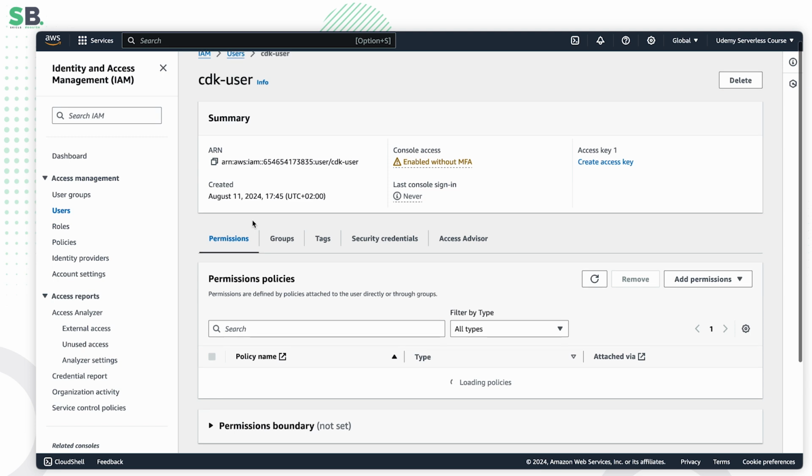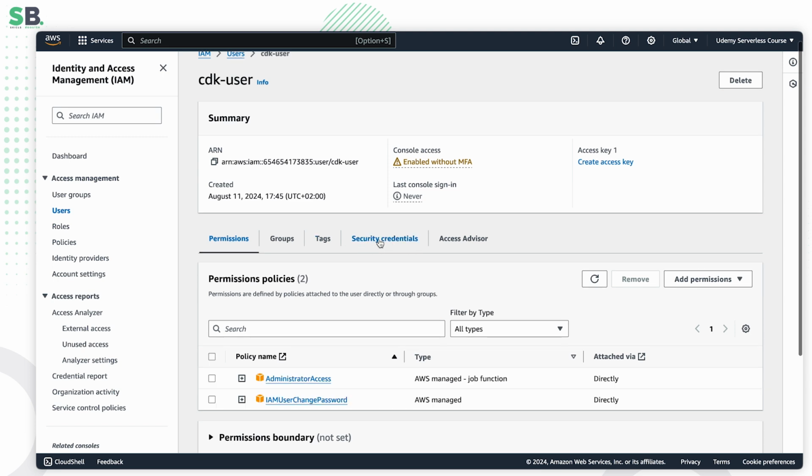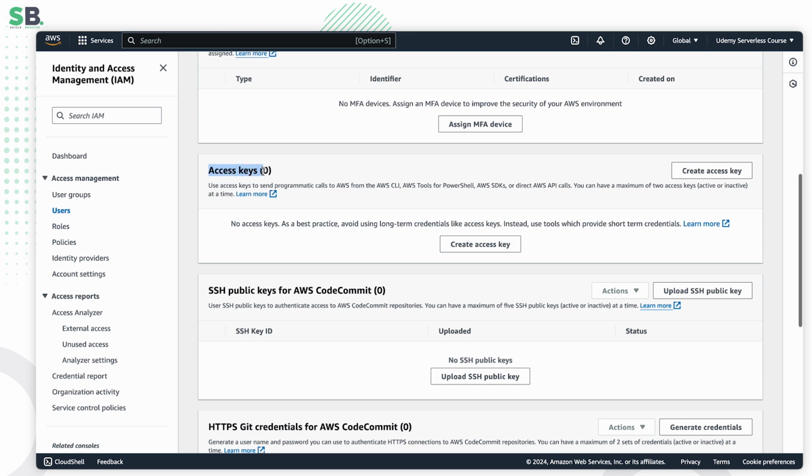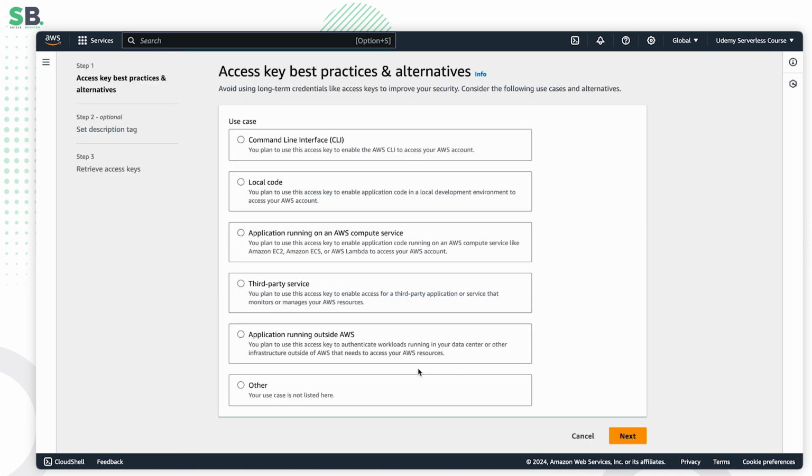Let's click on the user, and if you go to this tab, security credentials, you can scroll a little bit and you will find access keys. That's what we need. We need access keys for CDK to use this user. You can click here on create access key. You can just use